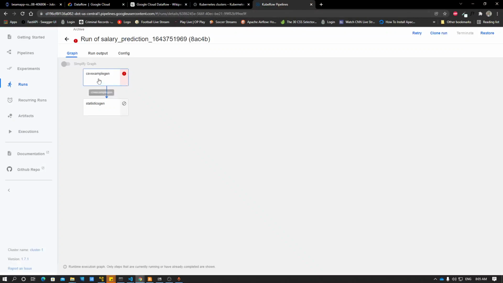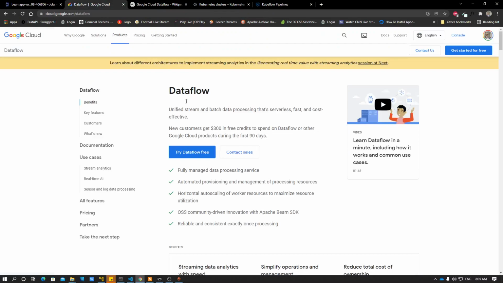For example, if you are going to ingest large amounts of data, maybe more than 10, 15 gig of data, 20, 100 gigs of data, or you want to calculate statistics, you can outsource that job to another GCP service, and that GCP service we'll be looking at is Dataflow. Dataflow is stream and batch data processing that is serverless.